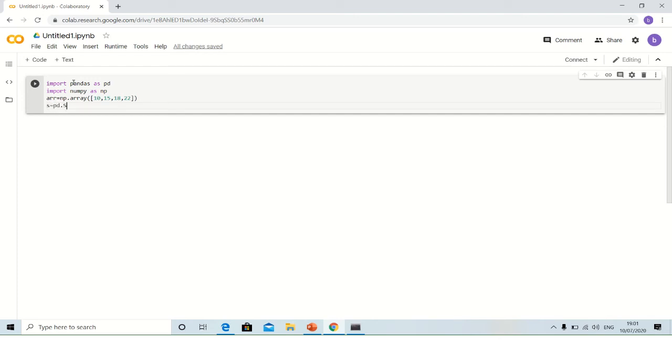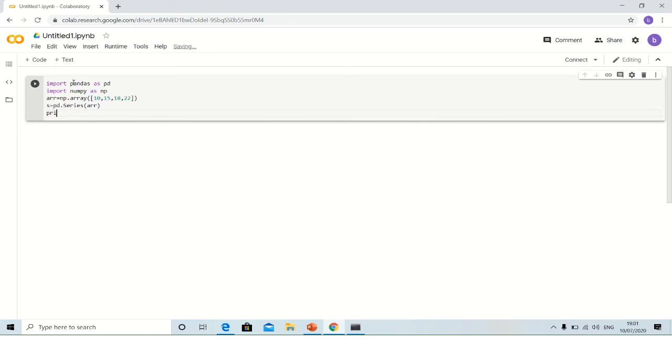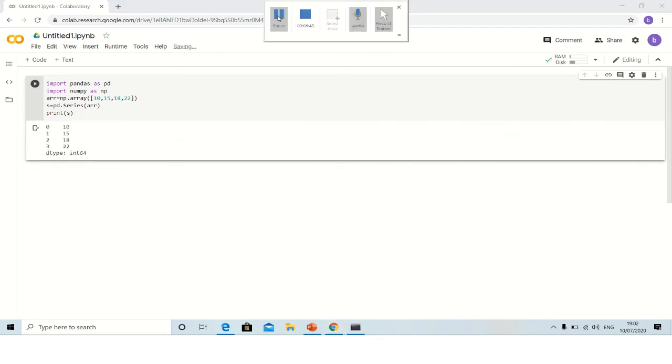Then print your series by writing s. To run, click on this arrow button. The first time it will take a few seconds; after that, when you run your program, it won't take much time.